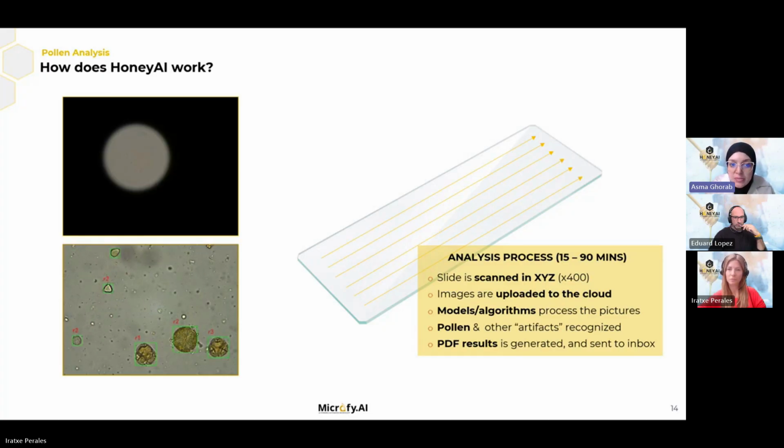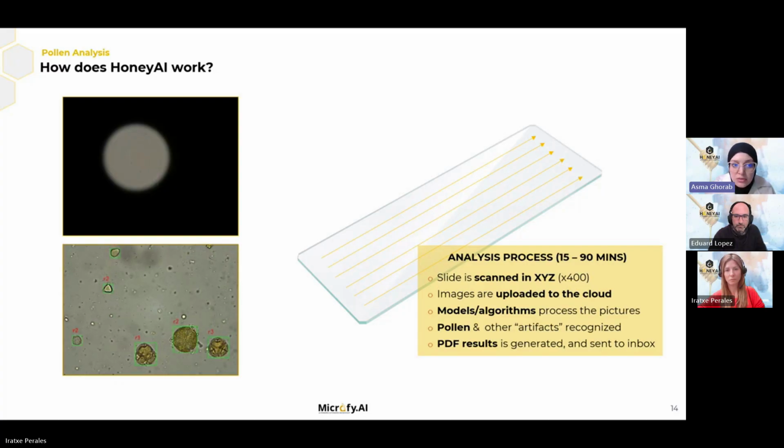So the analysis can take between 15 to 90 minutes, depending on the sample, if it has a lot of pollen. So it takes less time than samples that have few pollen. During this process, the system scans the slide in lines, jumping randomly and searching for pollen grains until the entire slide is covered. Then the images are automatically uploaded to the cloud, where the models and algorithms process them,